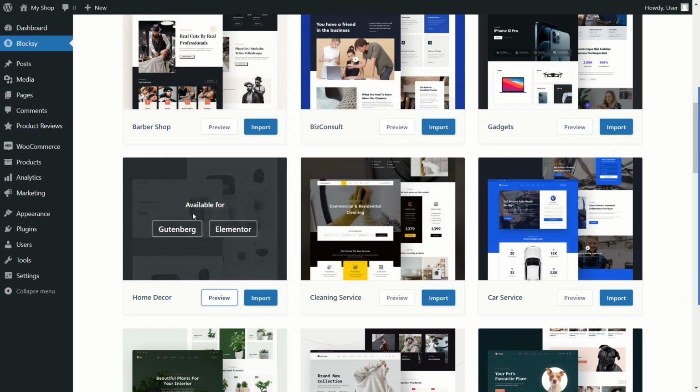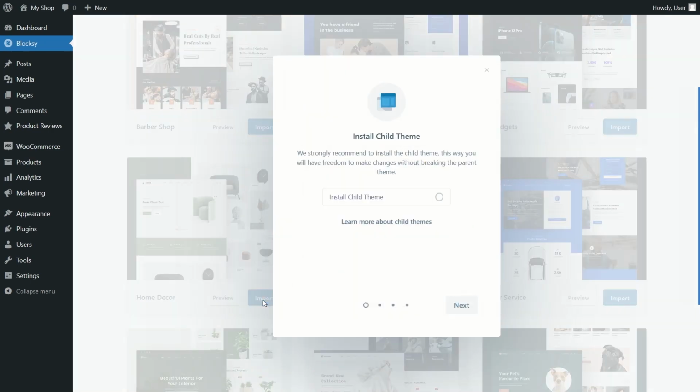So I'm going to click on this import button, and it has launched a mini installer. It's asking us to install the child theme. I always recommend using a child theme, because if anything goes wrong with your theme, you can always revert back to the main theme, all right? So click on this child theme, click on next, and now it's asking us